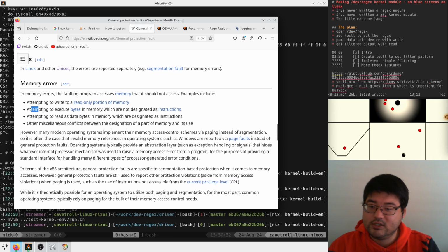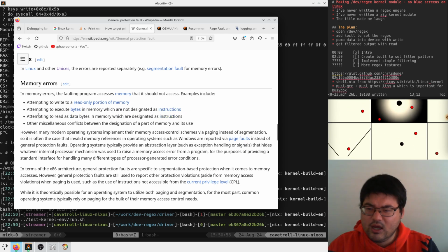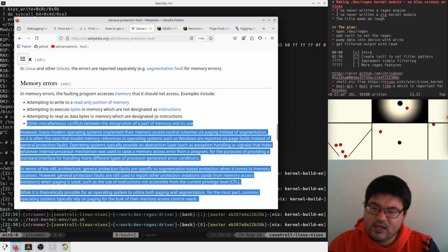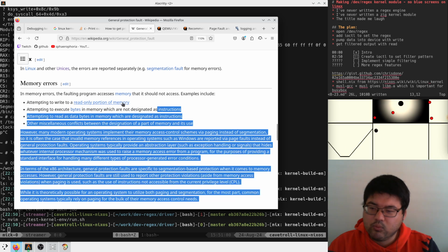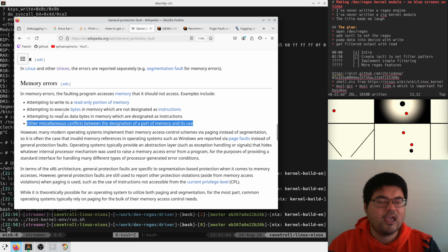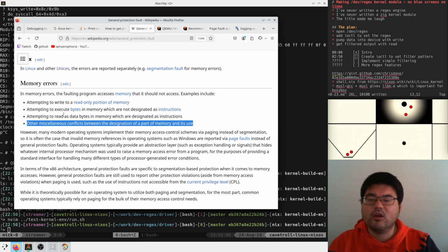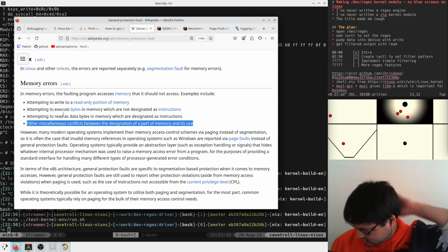So read only, attempting to execute bytes, version of design instructions. That's not what we're seeing, probably, I don't think. Attempting to read. This feels like writing and reading incorrect portions of memory seem reasonable. Can we look at the memory maps? Can we look at like which